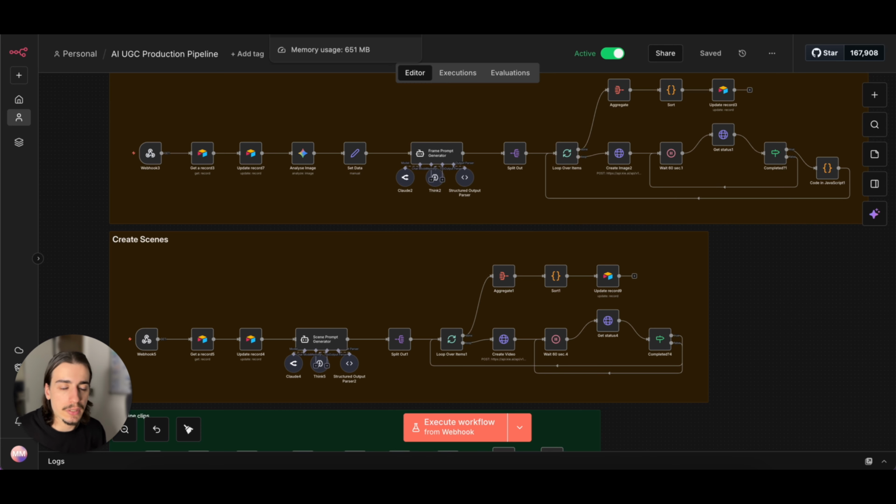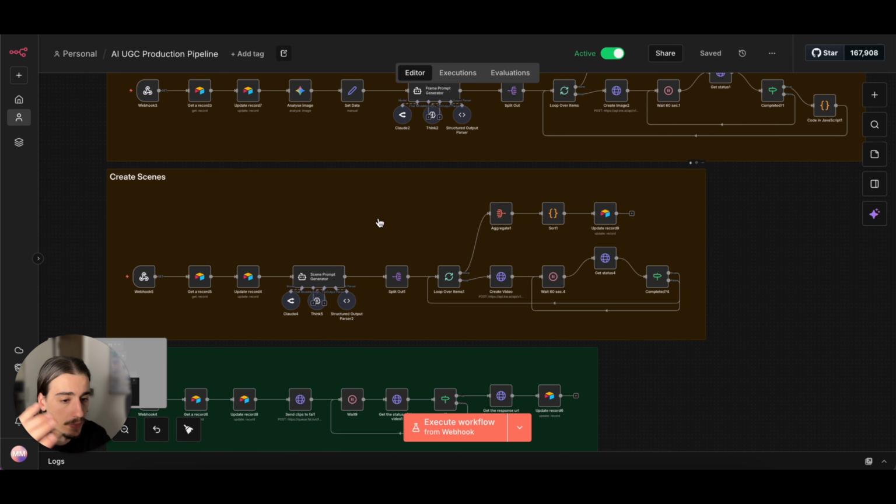Like I mentioned previously in the video, these UGC style videos are fairly cheap to make, to be honest, compared to a platform like ArcAds. Now, I'm not slagging off ArcAds in any way. It is a great tool. It's just very expensive, and it can be done for way cheaper, like with this system. So once you've done that,